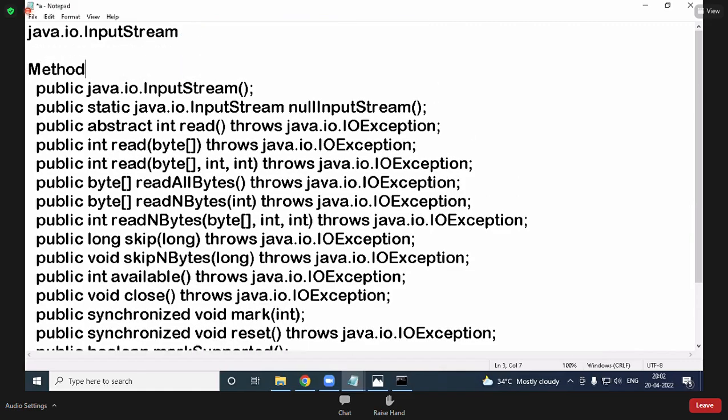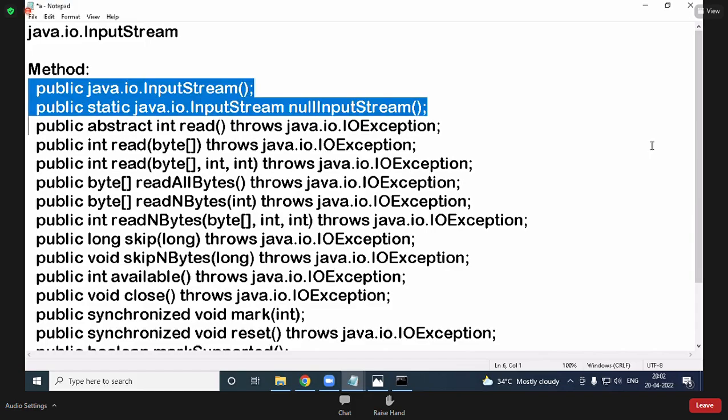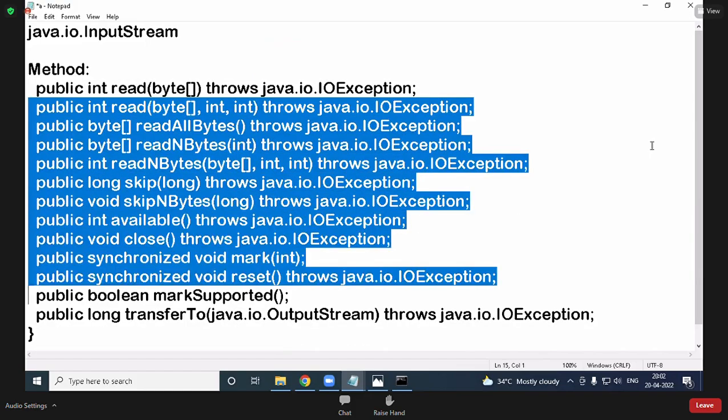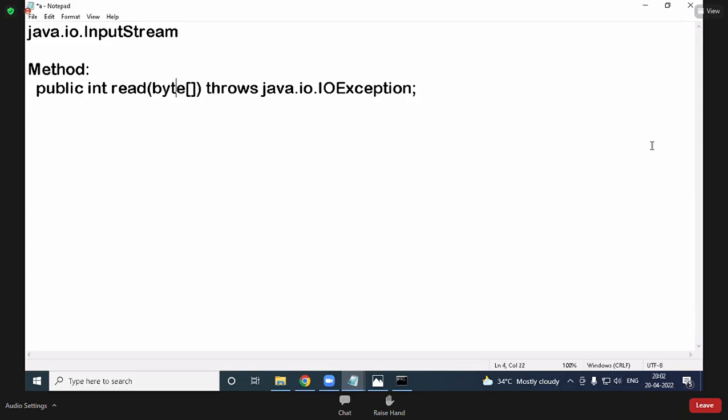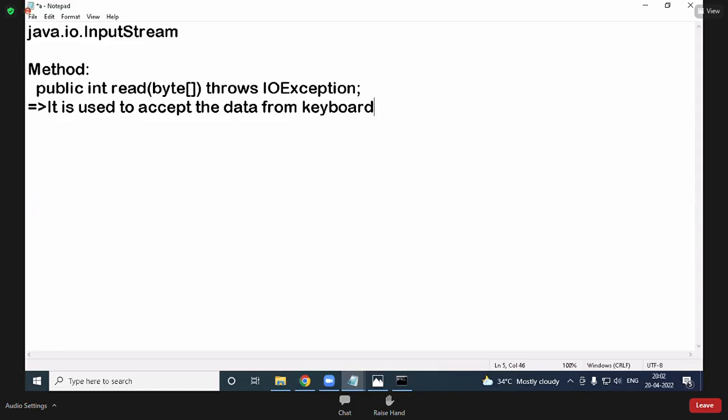Here one method required, only one method. Here I'll just remove the package name, which is there again and again. This method is used to accept the data from keyboard. See, in C language the scanf function is there, no? That is equal to this one. First you write this one, I'll explain, just write it.